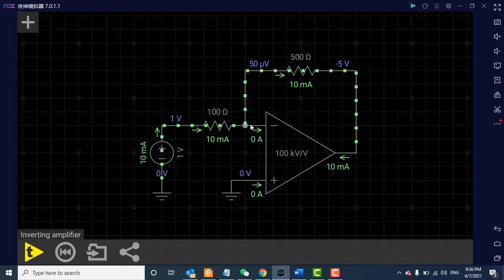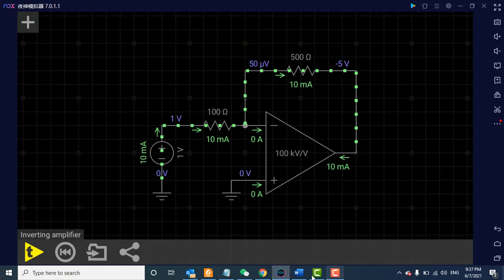So this point is called the virtual ground. Here you apply the 0 volt. Here is the virtual ground. It's not exactly the ground, but the op-amp always tries to keep 0 volts here. If you have some voltage, like here you have 1 volt, and you have some resistance, for example a 100 ohm resistance, so here is the 1 volt, here is the 0 volt, and you have the 100 ohm.